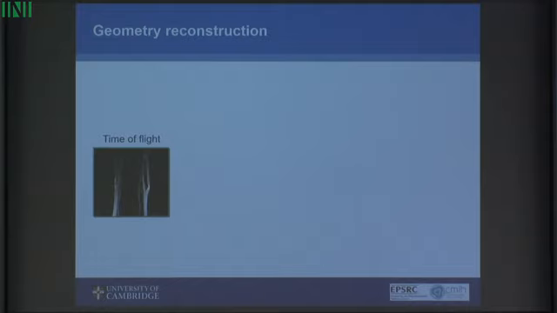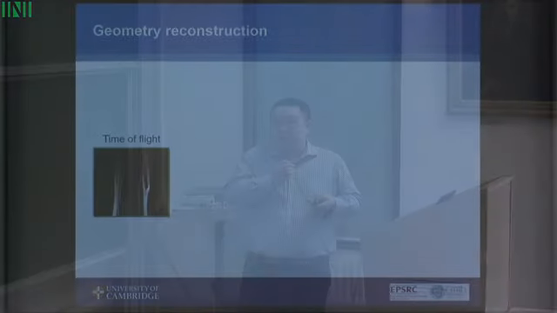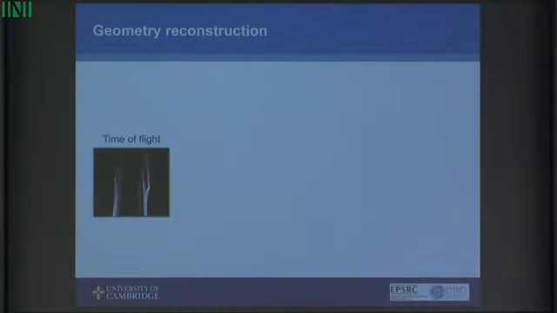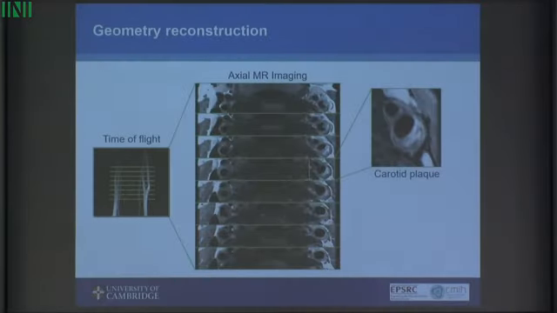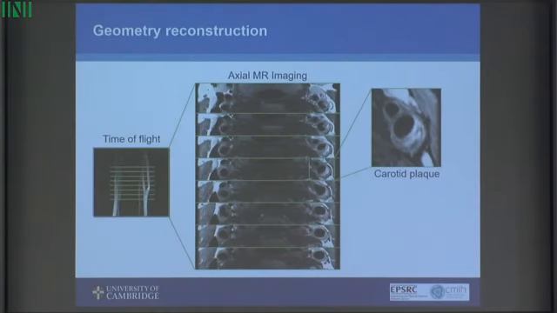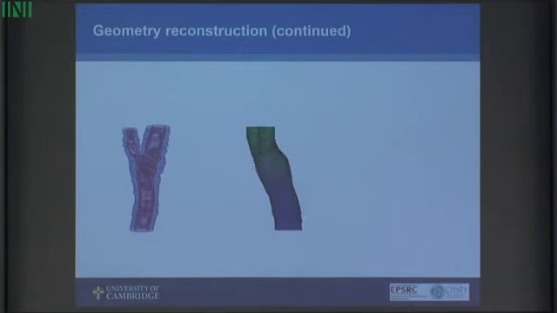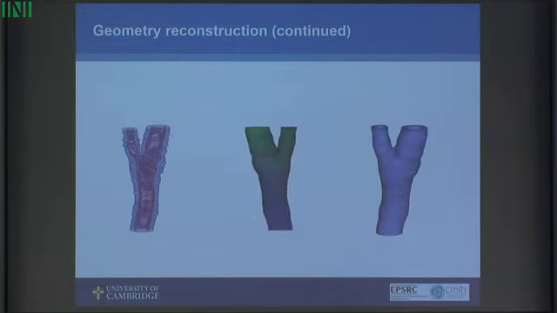So the modeling process typically starts with the reconstruction of the geometry. Although I'm presenting some coronary cases, because carotid has been the vascular bed that has been most extensively studied, I will show the procedure with the carotid arteries. Normally, we would have a series of images obtained in vivo, from which we can delineate the contours, the size, and also the different compositions of the carotid plaque. With this, we can either build a 2D model or stack them together, extract the isosurface, render it into a volume, and further